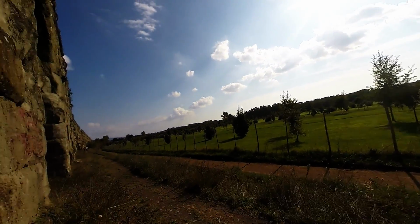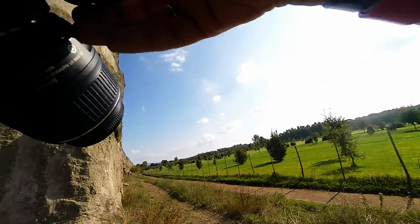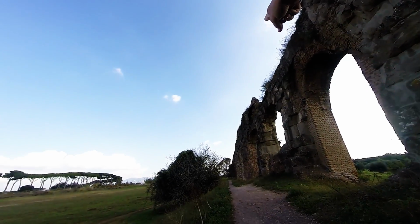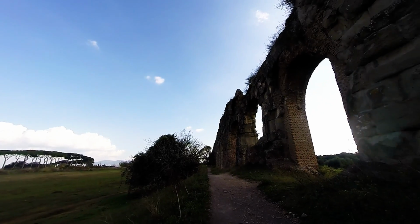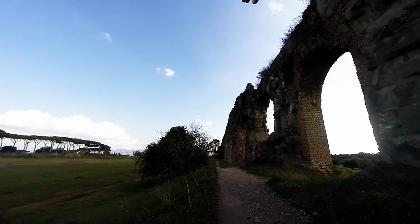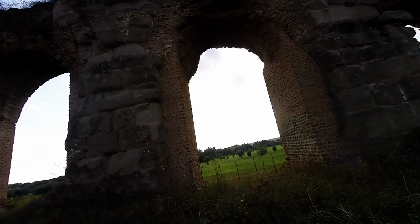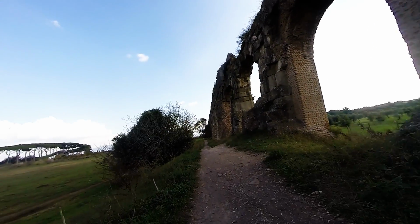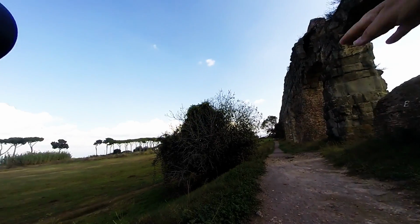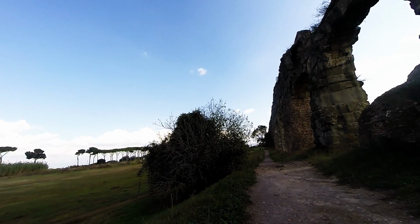So I kind of like this perspective, as you can see it curving off in the distance. Okay, if you look carefully, you can see the channel for the water that's still partially intact. They actually had two channels, one on top of the other, and then the aqueduct split off, and it was purely the pressure from coming from a higher point 11 miles away that powered the fountains and,